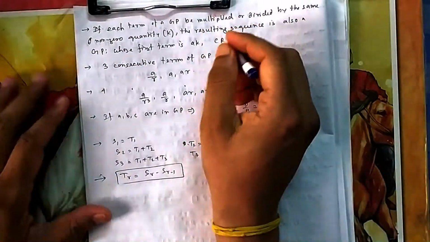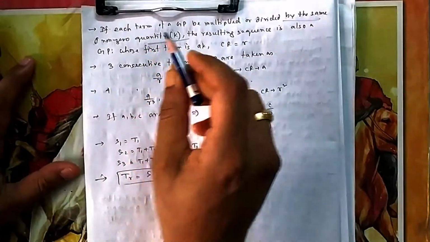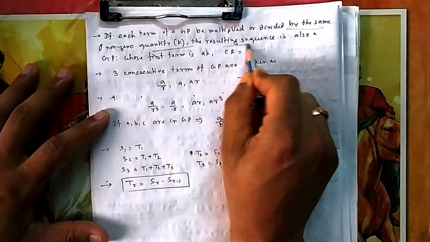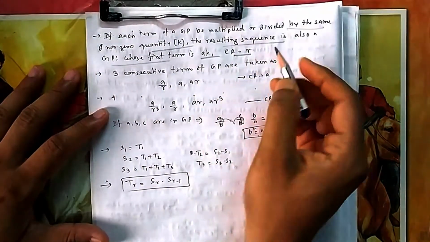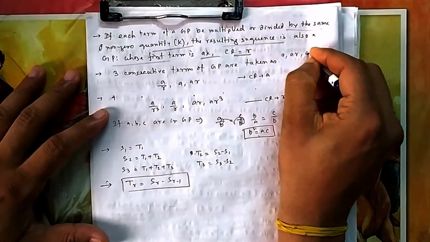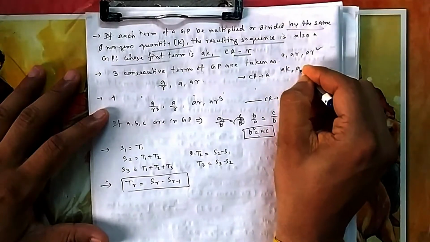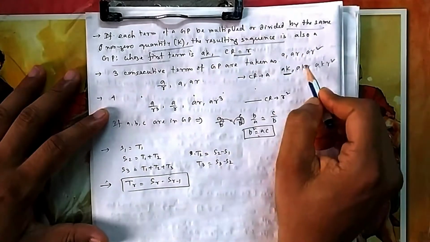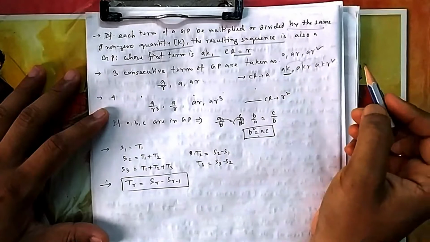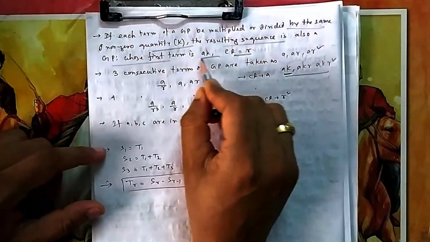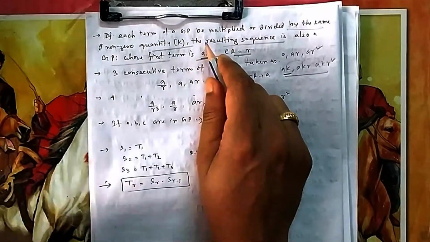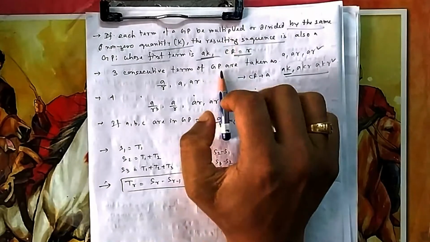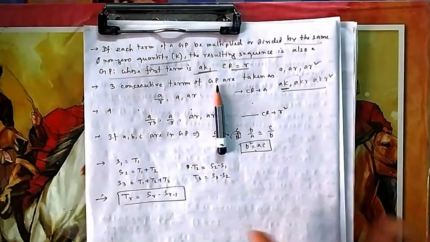Now if you multiply each term of a GP or divide by the same number, see, no addition is there now. It is not addition or subtraction, only multiplication I am talking about. The resulting sequence is also a GP, whose first term is this, common ratio is this. So now you can think of a, ar, ar square. If you multiply by K, then it will be aK, aKr, aKr square. Now you see, first term becomes aK and your common ratio remains r, because you are multiplying by a constant only. So it remains a GP, but the first term changes, common ratio remains same. But I have not done this for addition and subtraction, because for addition and subtraction it will not remain the same. So a GP, if you multiply or divide by any number, then only it will remain a GP.